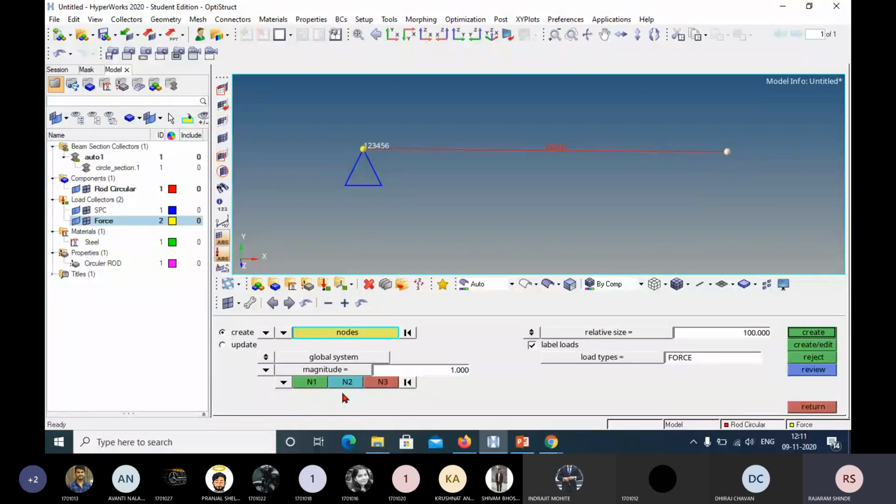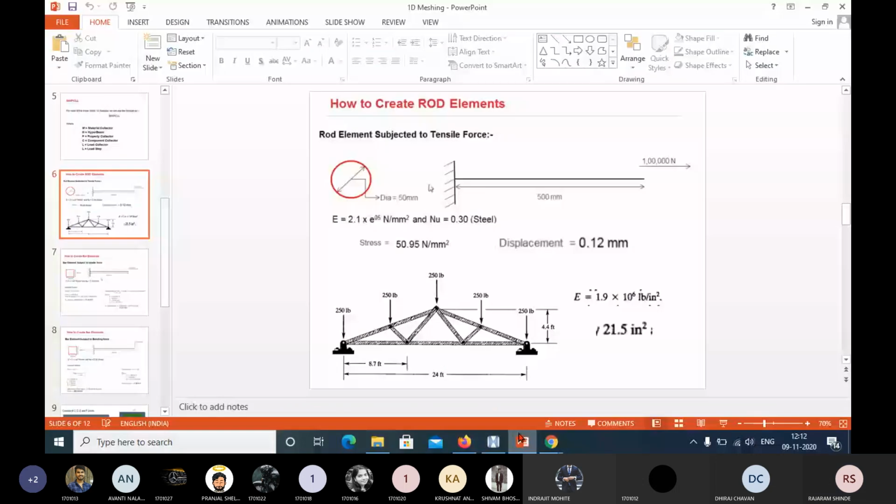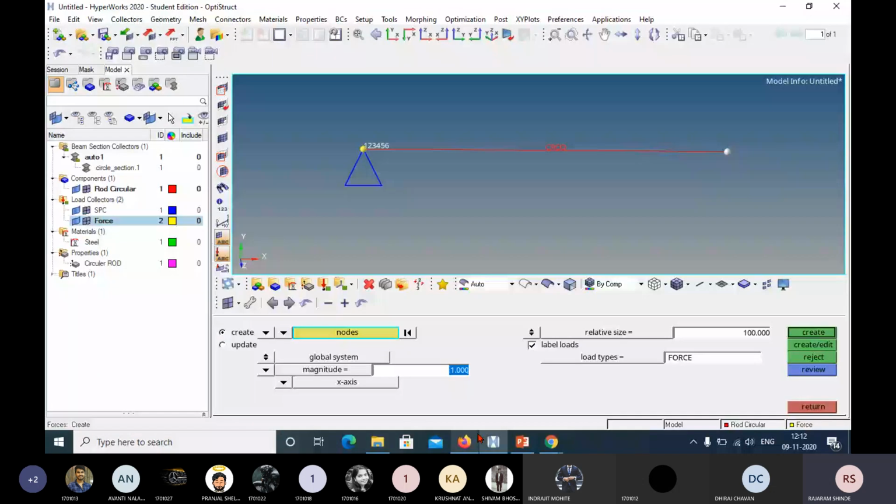To change this n1, n2, n3 to the x direction, click on this arrow and select the x-axis. That means you can apply the force in x direction. Now enter the force, how much is it? It is 1 lakh, in positive x direction.